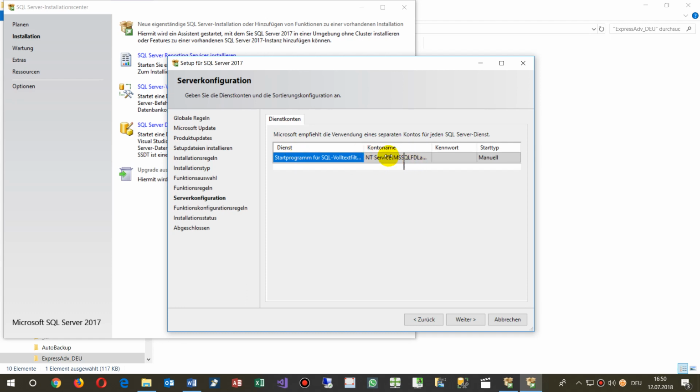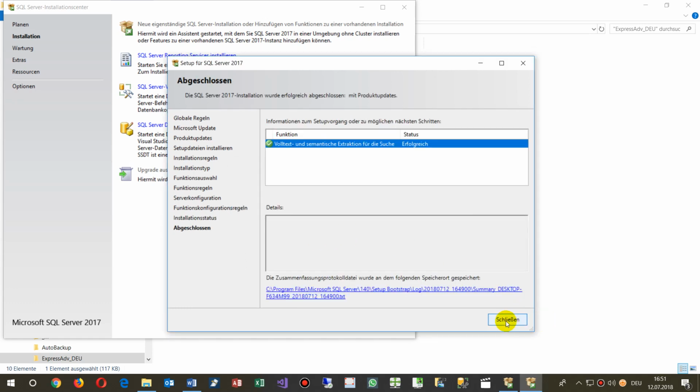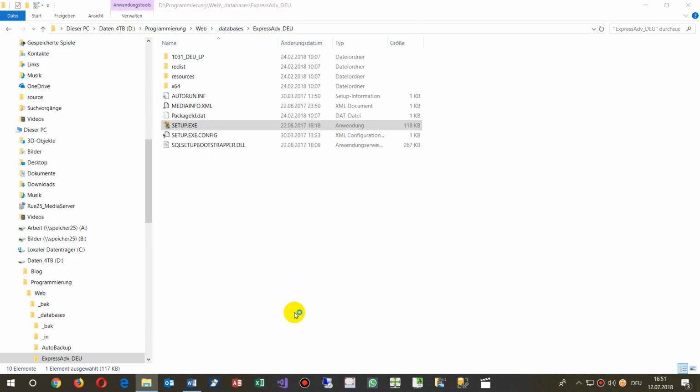Now there's one account. So SQL Server full text runs as a separate task. It runs under NT service something else. So it runs in the background. And it starts, in this case, manually. I want to start it automatically. So, okay, that's it. And now when I start my SQL Server,